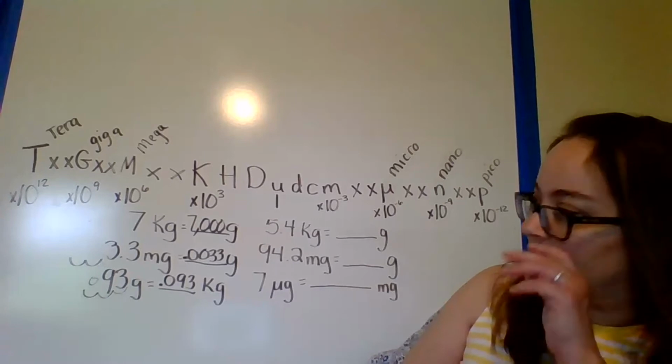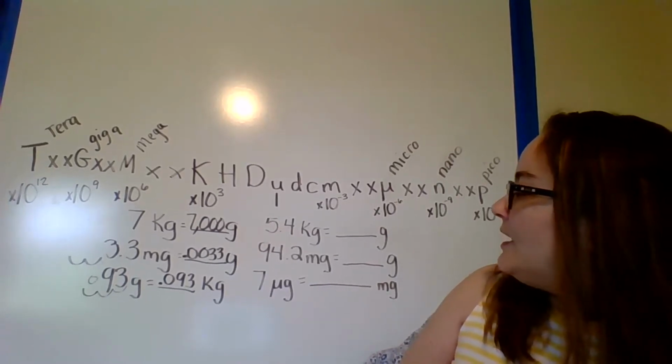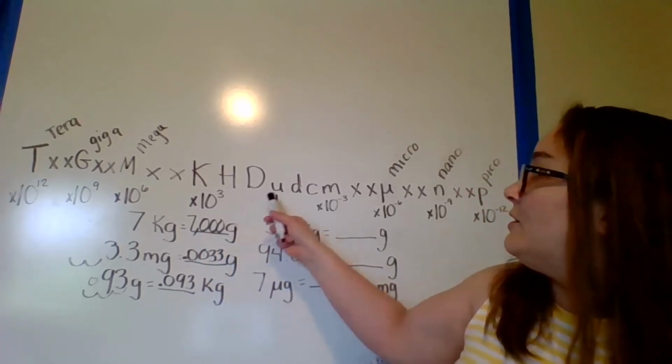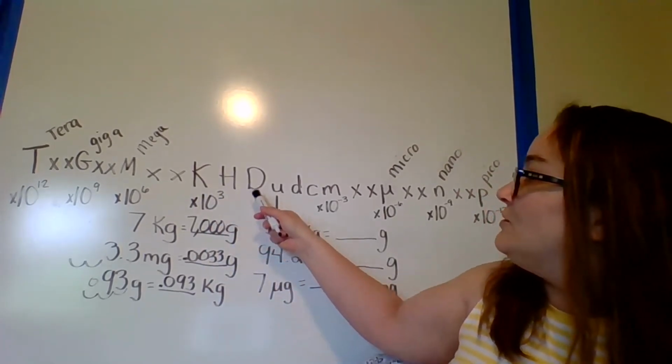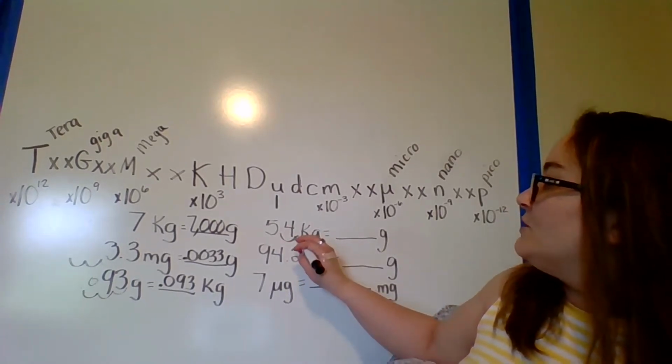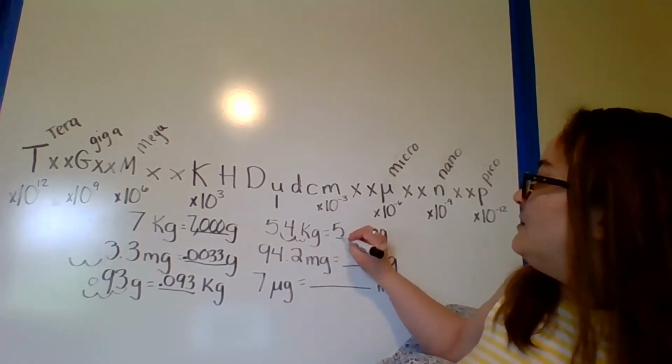0.093 kilograms. Next one, 5.4 kilograms is how many grams? So we're going to start on kilo and go to unit. 1, 2, 3 to the right. 1 to the right gets us to 54. So 2 more means those need to be zeros,